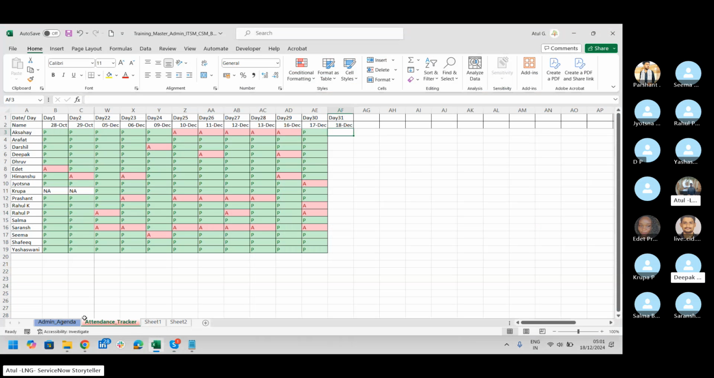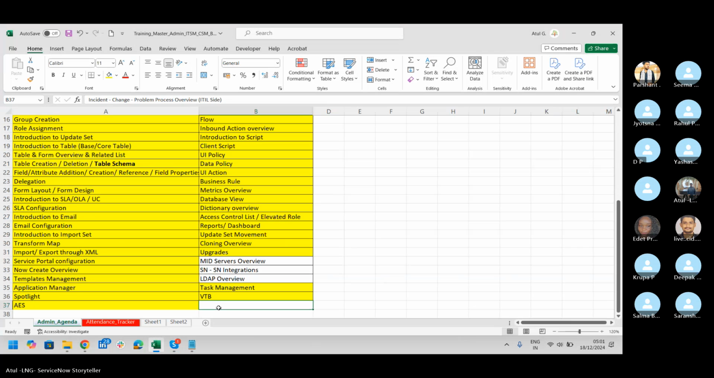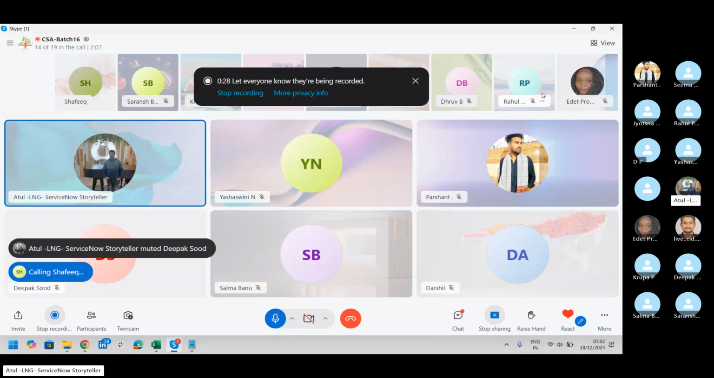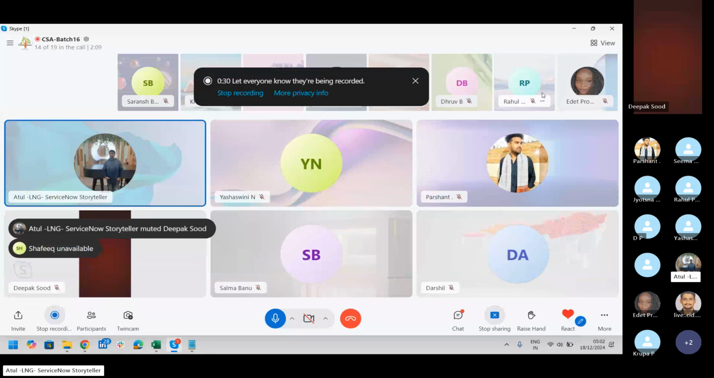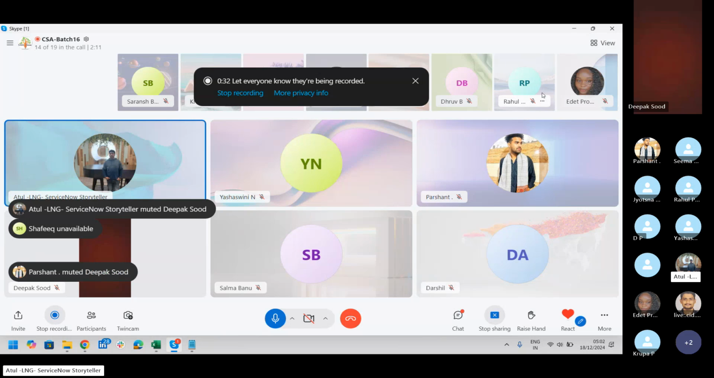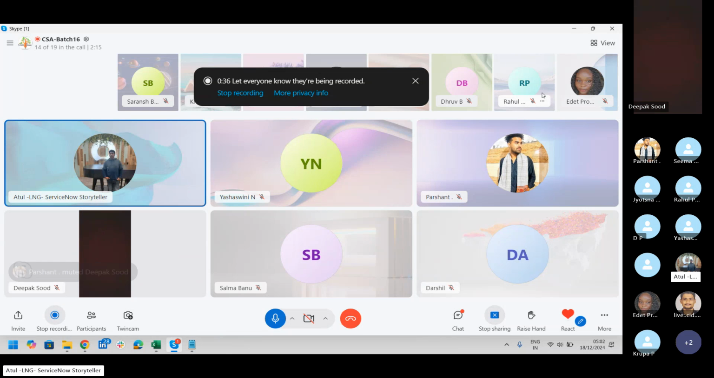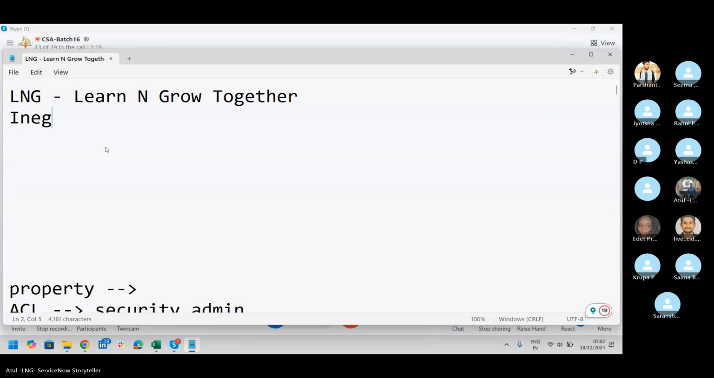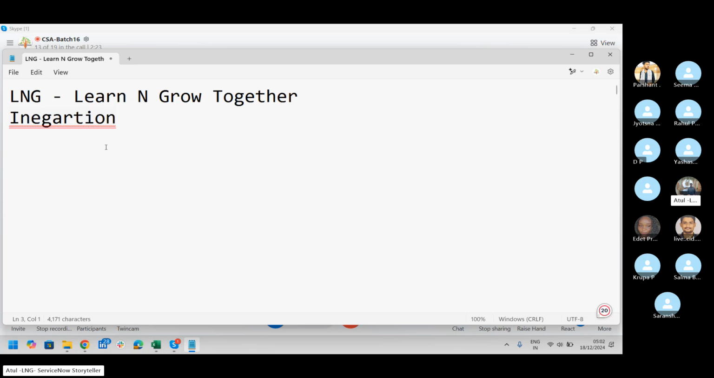One thing we're going to be discussing now is called integration. Integration means, if I create an incident in my instance,